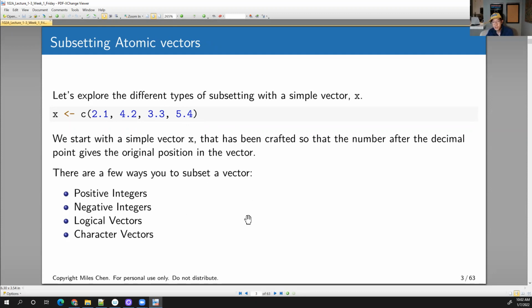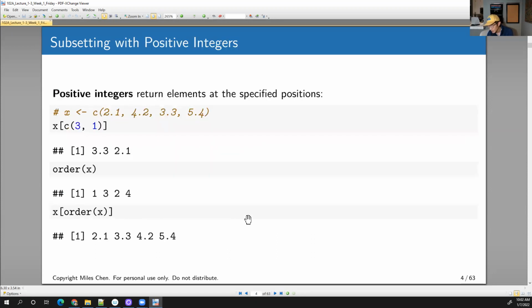And so there's a few ways we can subset, right? And I think we're familiar with some of these ways already. So we can subset using integers. So you can say, I want the third value and the first value. So you use single square brackets, right? So to subset a vector, we use single square brackets. So I've got X single square brackets, and I say I want the third and first values, in the third and first position. And indeed, I get the value in the third position, 3.3, the value in the first position, 2.1,